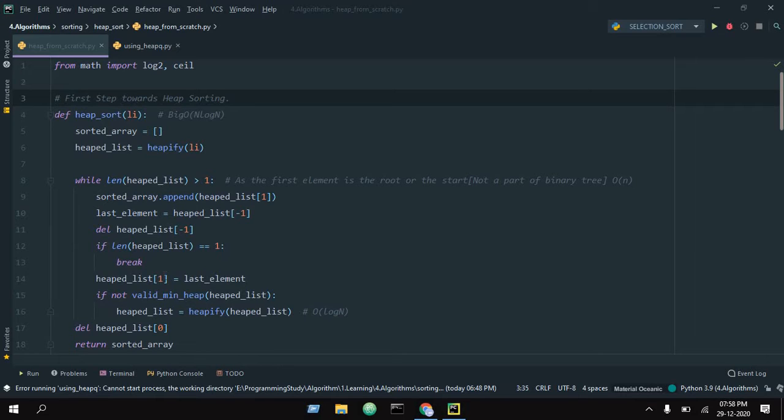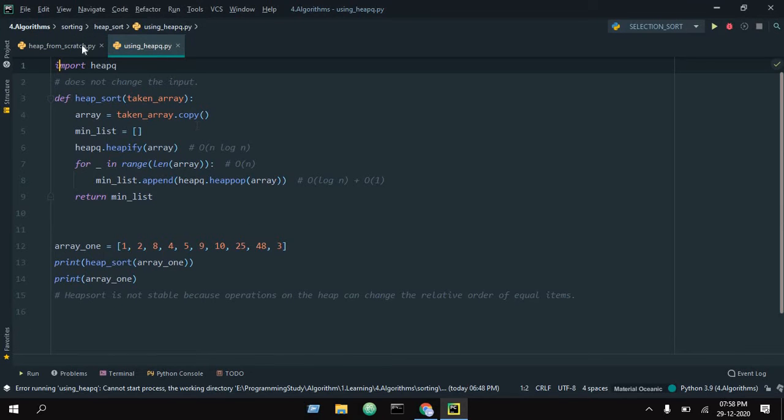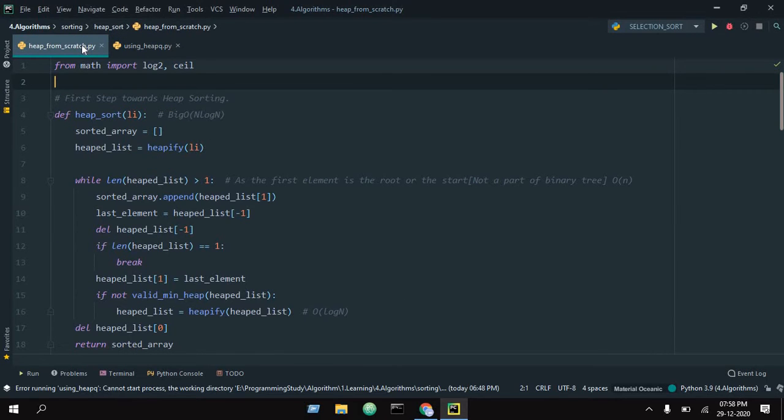Heap sort is valuable in some cases, and yes, in those cases we will definitely use heap sort. So I am sharing my code of heap sort so that you can go through it, and it's an easy code. I implemented heap sort in two methods, one from scratch, which you can use in any language, and the other is heapq, which is a package of Python.